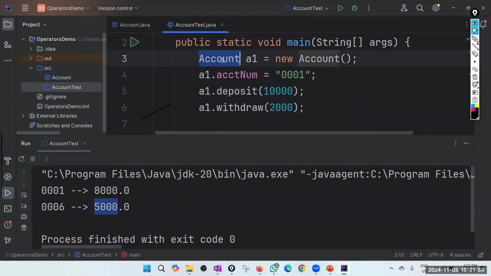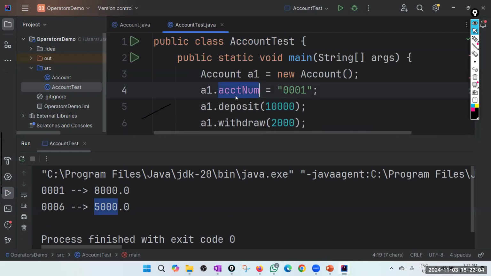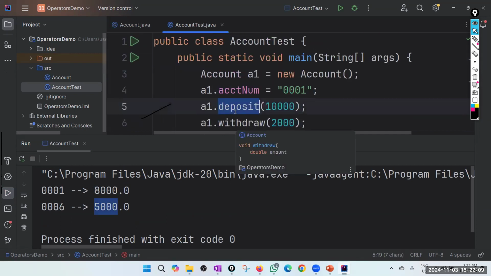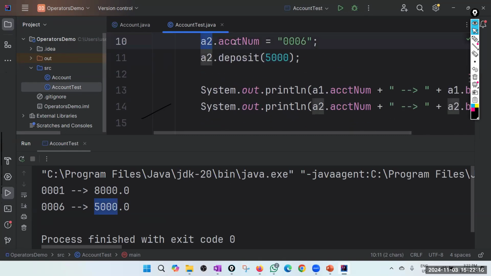So this is how you create objects from the class. This is how you refer to the instance variables. This is how you call behavior. So we call it messaging. This is message in the A1 object. We call deposit behavior, withdraw behavior. This is your message in the A2 objects to call the deposit behavior. And here we are referring to the variables or the attributes. Okay. Right. So that is just to give you a feeling of how object-oriented programs create objects, call behaviors, and so on.